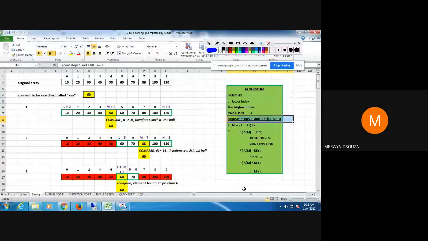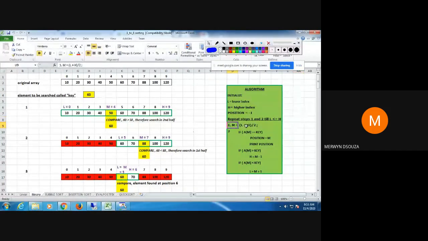I've not written it here, but you can note it down. If the value of L becomes greater than H, then you can say that the element that you're searching is not present in the array.